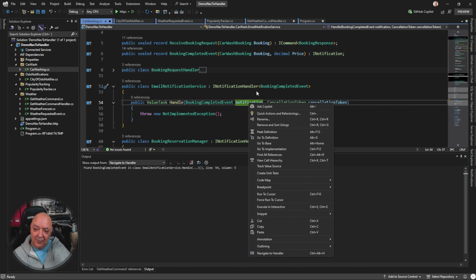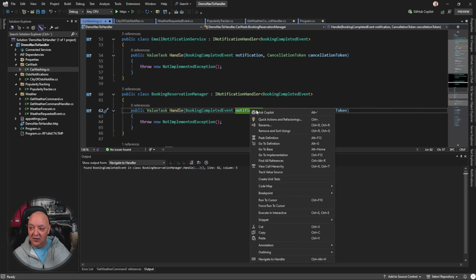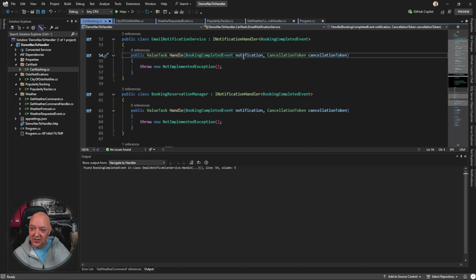When you only have two results on the same page, the concept of navigate to handler is that it will just swap between them. So if you're on one handler and you quickly want to go to the next one, you just navigate to handler and boom. You see now Visual Studio has moved and placed the focus on the other handler within the same file. I'm thinking of adding functionality to handle as many handlers as you have on one page,